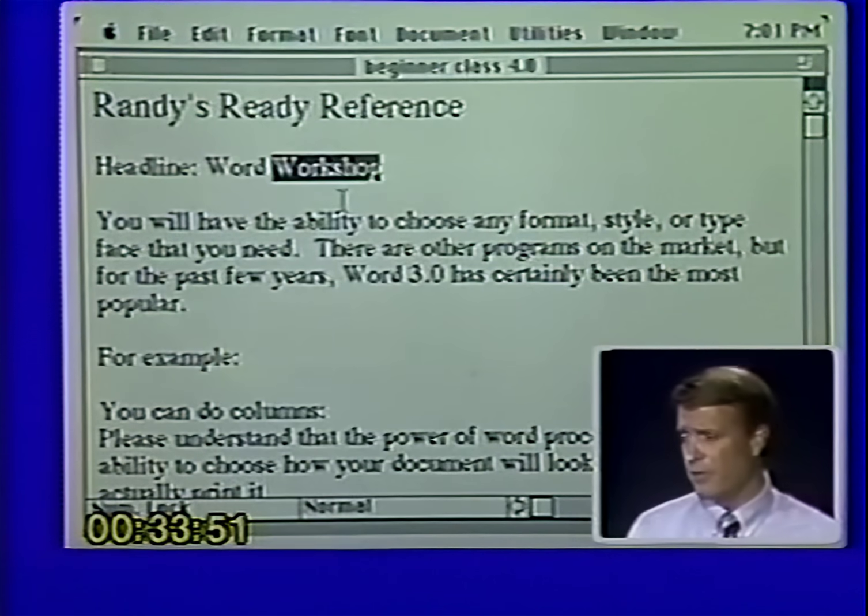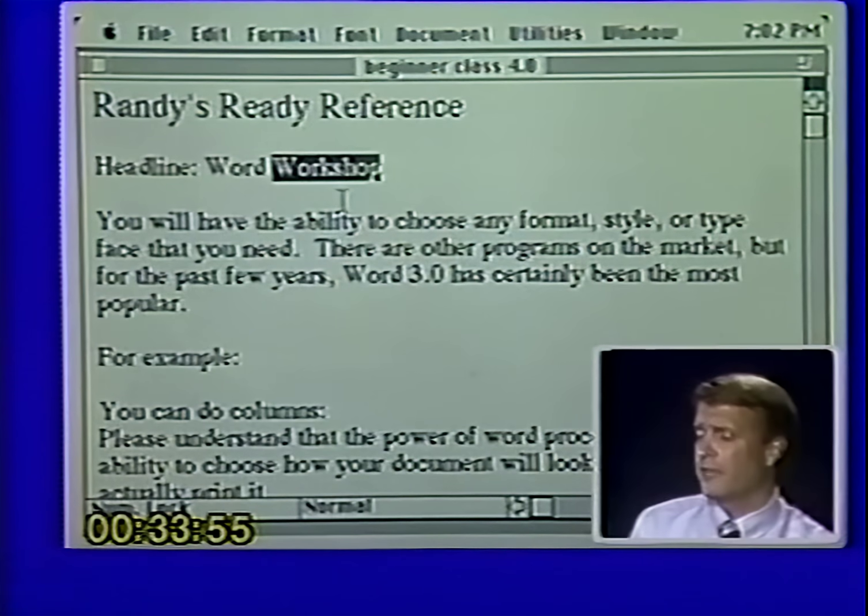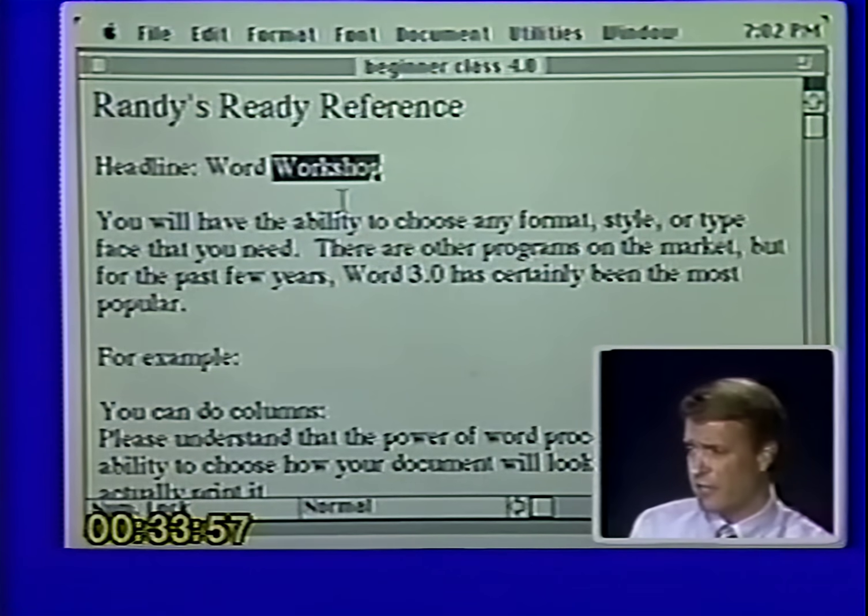Now if some of you have been using Microsoft Word for a while and you made some words in your document bold or underlined them and later went and changed those, and all of a sudden you went to type and you noticed that you were typing in a new typeface or a new size, I can tell you what the reason for that is and how to keep that from happening.